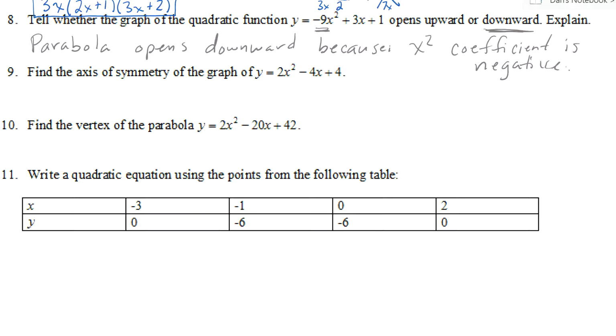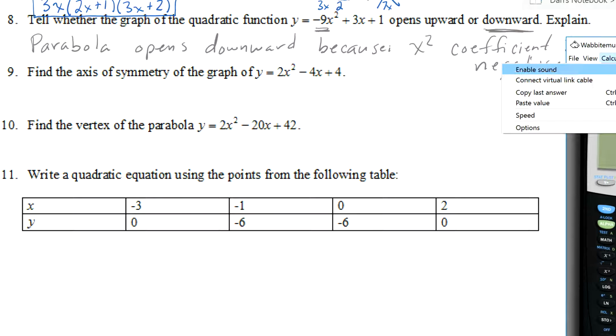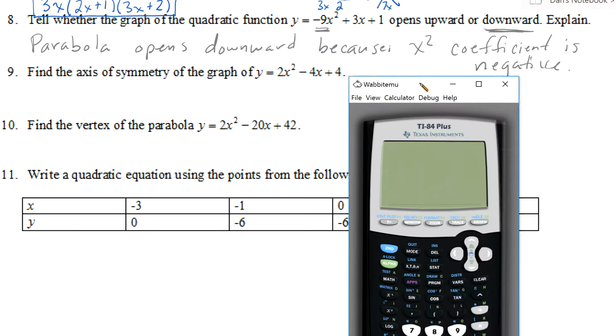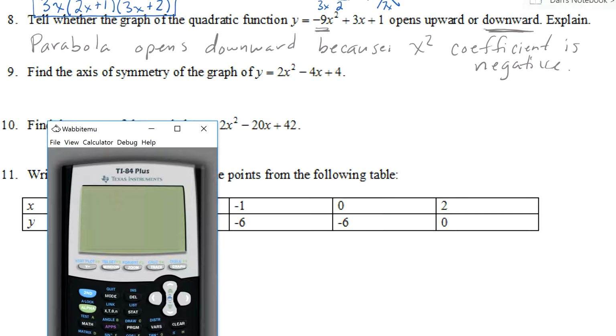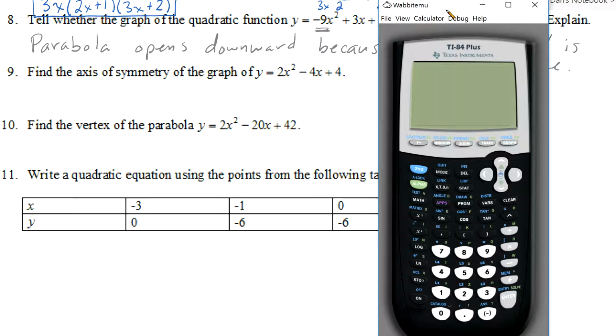Okay, 9, find the axis of symmetry. Okay, there's a few ways you can do this one. Now, what I would do is I would actually graph this. I would use the graphing calculator and graph it. So let's bring this in here. I should bring it up here so you see what I'm typing in here. Turn on. So I'm going to go to y equals